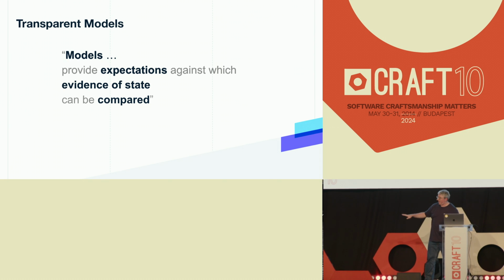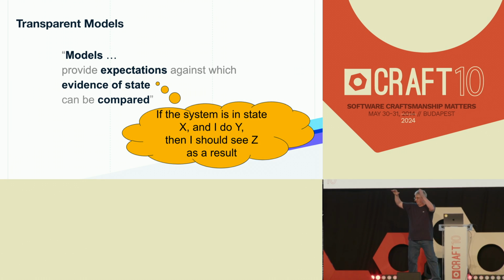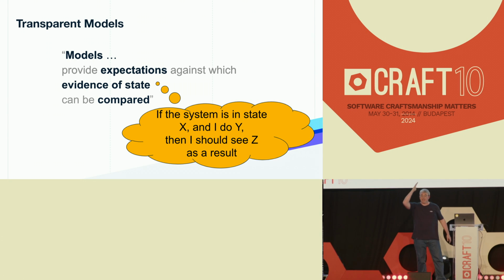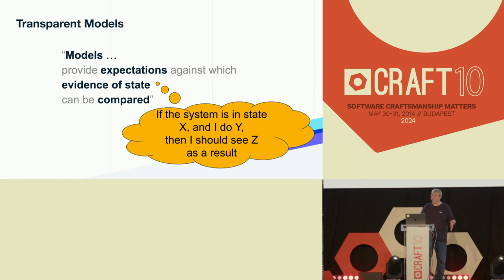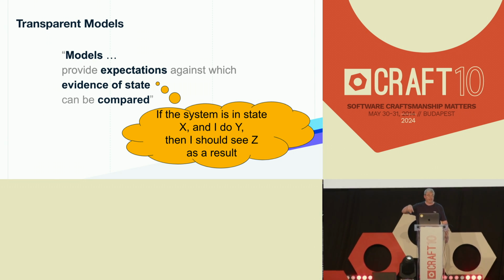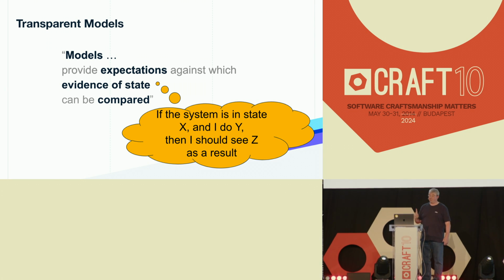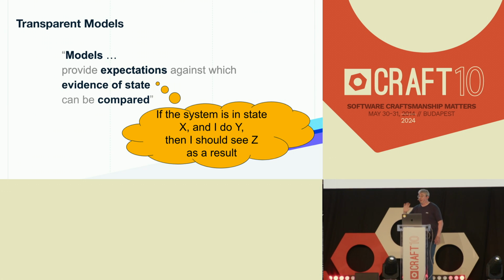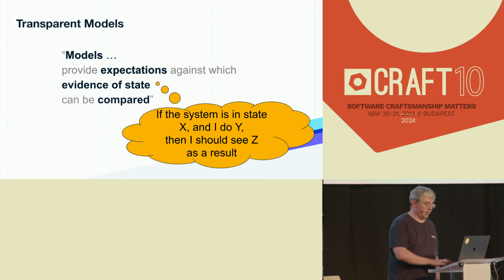And so I believe what is meant here is that a model just says, if the system is in state X, and then I do Y, I should end up in state Z, right? That's all it's saying. And then if I go look, I did Y, and now, wait a minute, I ended up in Q. Okay, this is different from my expectation, right? So now I can try to figure out, is something else going on? I need to do something different, right? So this is really the best way, I think, to think about models.